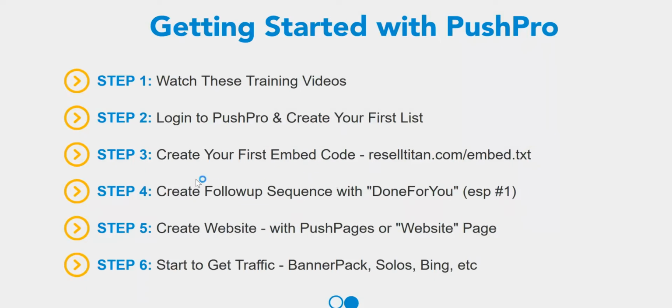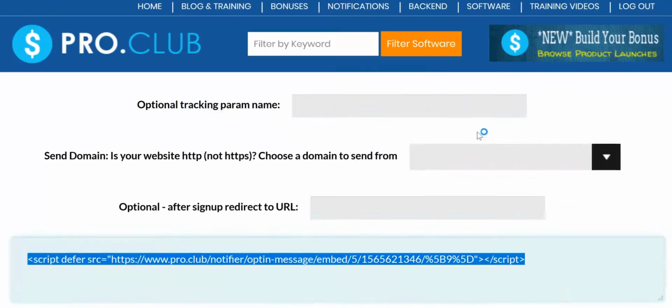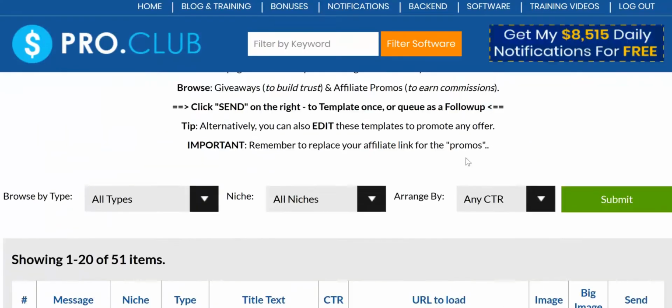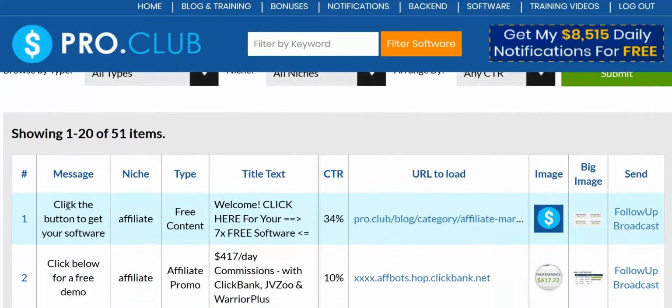Before you do that though, you'll want to create a follow-up sequence, and the easiest way to do this is to use my done for you templates. So if we go over to the done for you page, you'll see that the very first one that we see is the main free giveaway, which gives them those 7 free software tools. So click on follow up